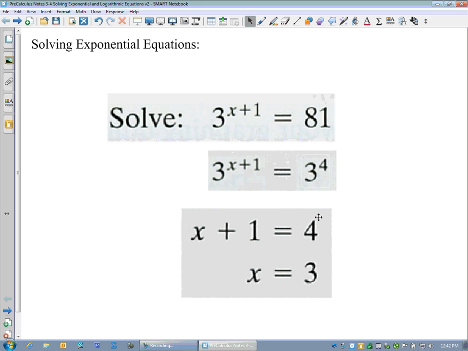So we can ignore the bases and focus just on the exponents. So x plus 1 is equal to 4. And then we just subtract 1 from both sides. We get x equals 3. Now once you have an answer, you do need to plug that back into the original equation to make sure that it works. And now that you're starting to work on problems other than just a linear equation, a good rule of thumb that will serve you well is that treat all solutions like potential solutions until you check them